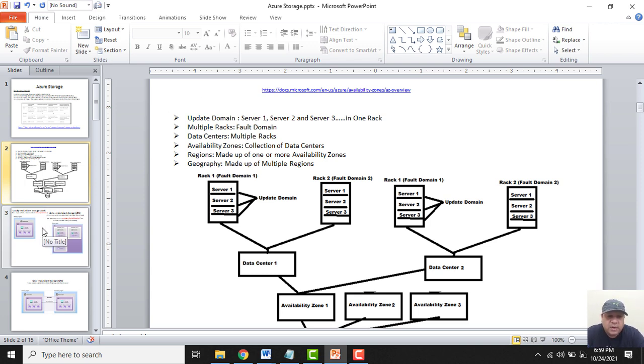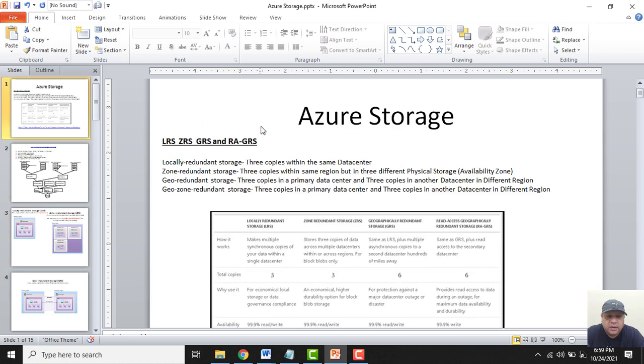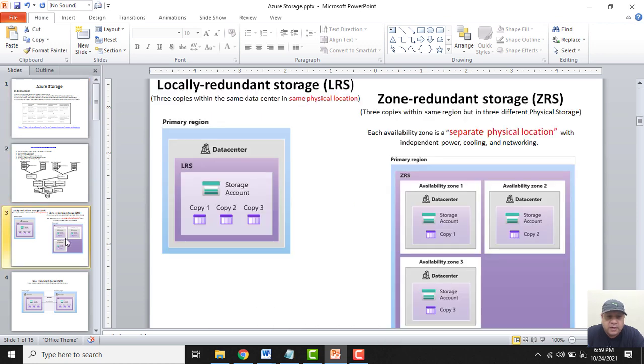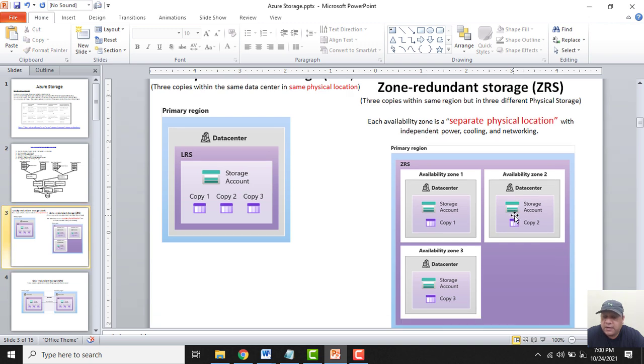If we talk about locally redundant storage, LRS, then whenever we create one storage account, we get 3 copies of that storage account, and these 3 copies are kept in a primary region in LRS. And when we talk about zone redundant storage, which we call ZRS, we get 3 copies of the storage account, but in 3 availability zones.